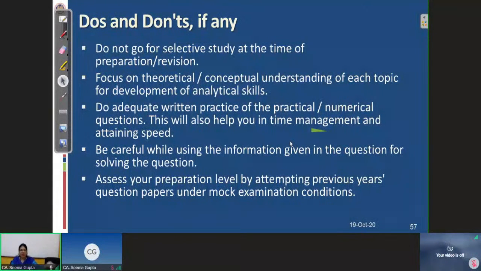Oh, this is a familiar question I have done in study material, test your knowledge also. Or I have done it in the practice manual also. This is the same type of question. Only the names have changed, only the figures have changed, or two adjustments are additional. That type of reaction would come if you have done adequate practice. That is the only reason why we again and again say that you do more and more practice. Because if you have done adequate practice, then all the questions on the examination question papers will look familiar and similar to you.